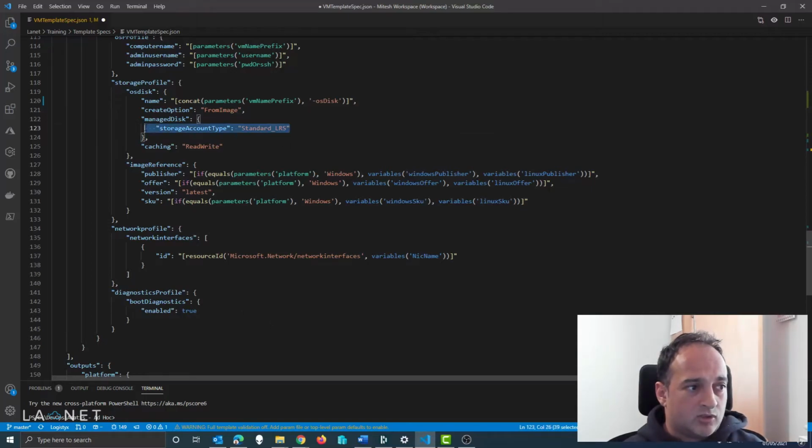And here the storage tab, so we're just going to give access to standard LRS, for example. So they're not picking default premium SSDs and all kinds of stuff. So basically we're not giving all the choices that they could possibly have. We've already got a standard that we use for our organization, and the users can then just pick the settings they want and off they go. And it's really good for storage and things like that as well.